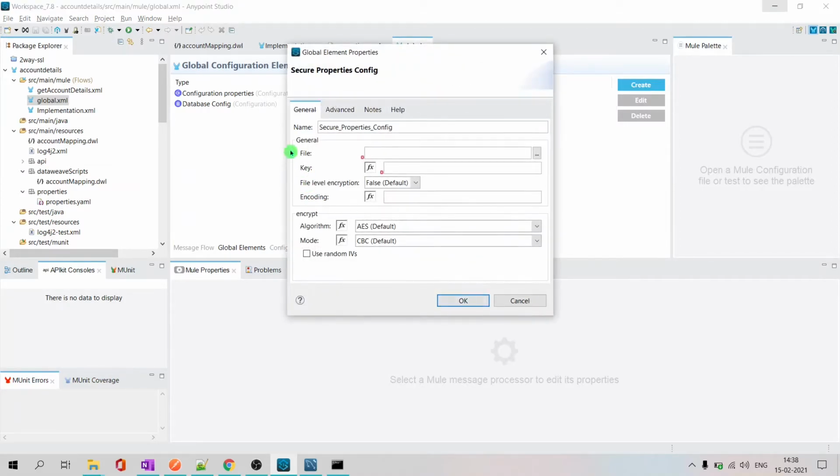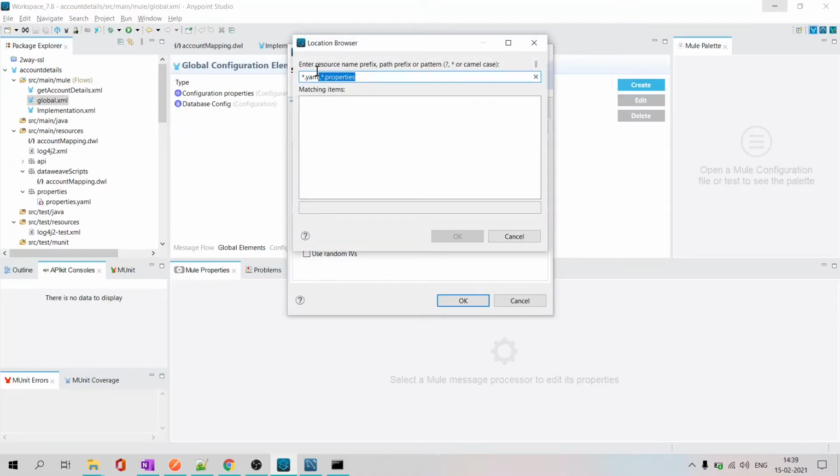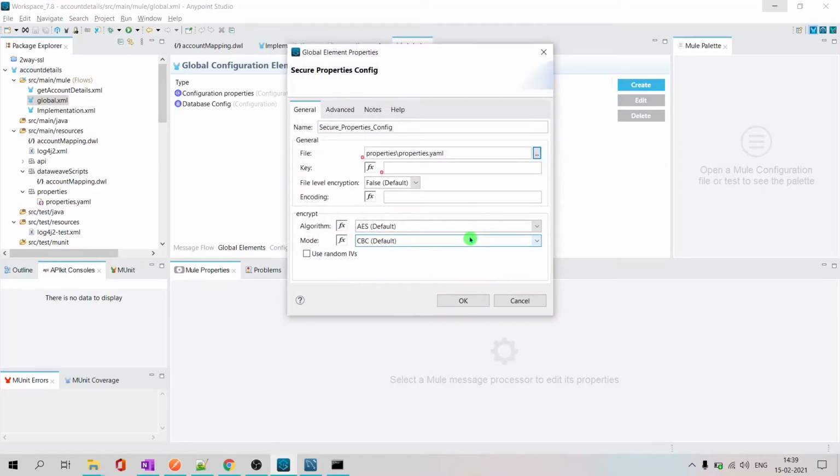Now observe these properties here. What we are doing is referring to our property file. The property file is .yaml. Okay, selected. And we should also tell it what the key is. Don't put your key just like this. That is another security threat. You are doing the encryption, but you are giving away the key.